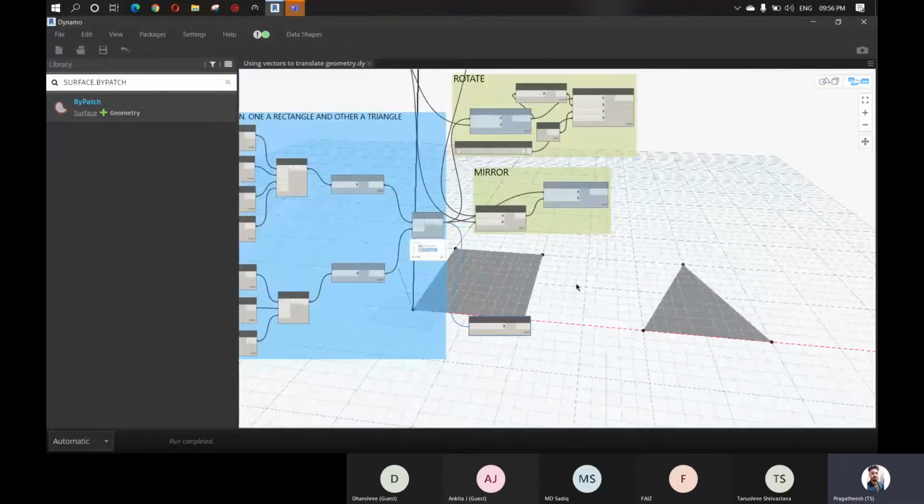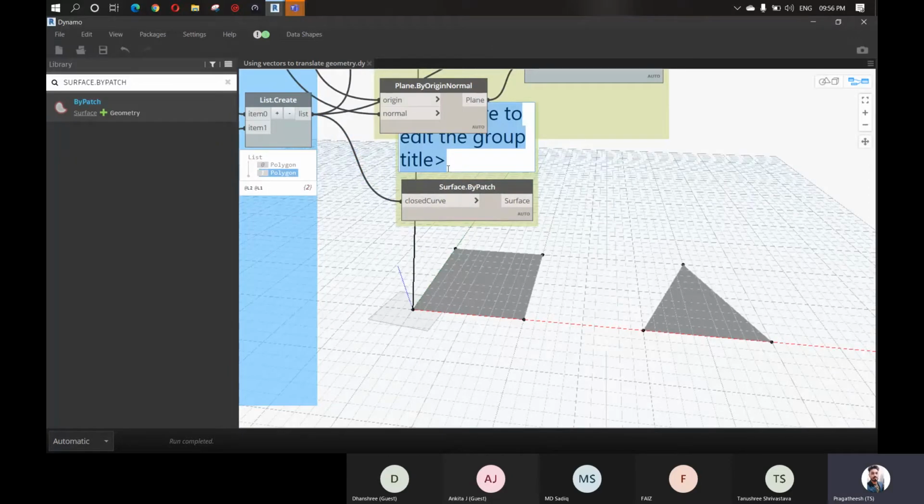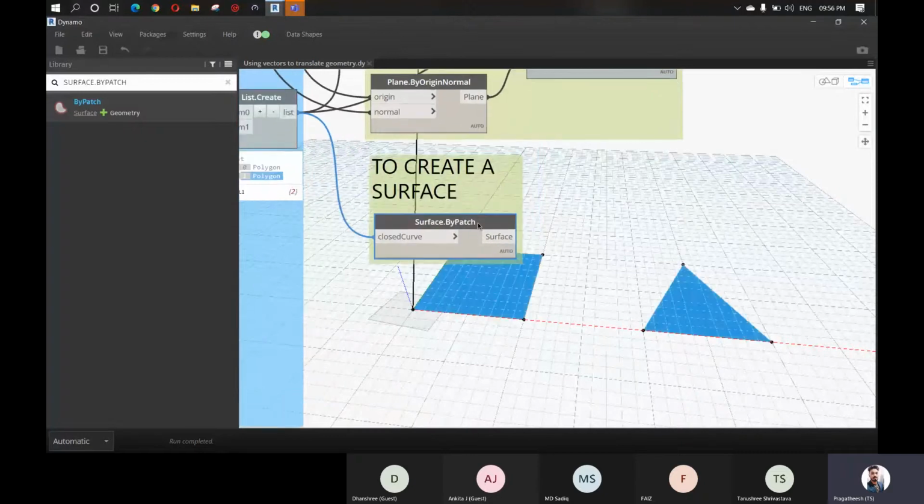Okay, so this is just to perform the surface option, to create a surface. I don't want this, so I'm just turning off the preview. Okay, so now let's say that we want to extrude it.